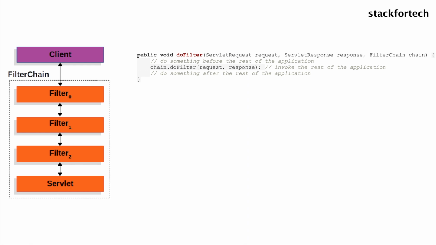The client sends a request to the application and Spring creates a filter chain which contains the filters and the servlet that should process the request, based on the path of the request URI which the client has sent. The paths can be something like /*, which is not secured and has access for every user. Then some of the resource paths can be /protected/*, which means it is secured and only certain users will have access to this path. For that, the request has to go through the security filter chain and get authenticated, and only then can the user access this protected resource.